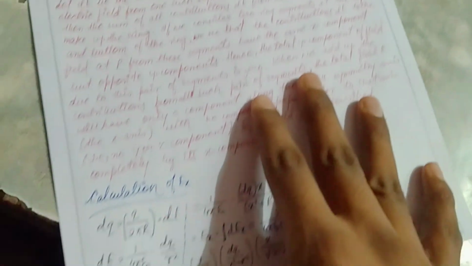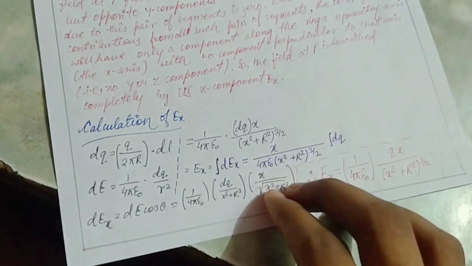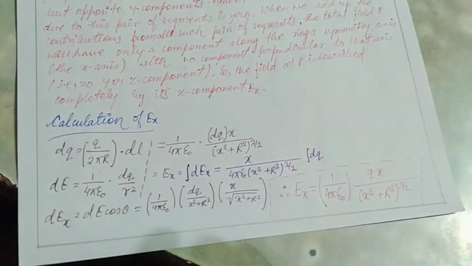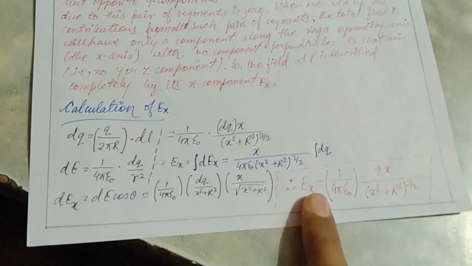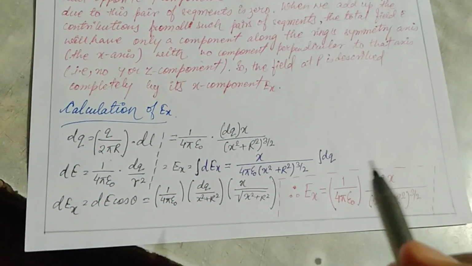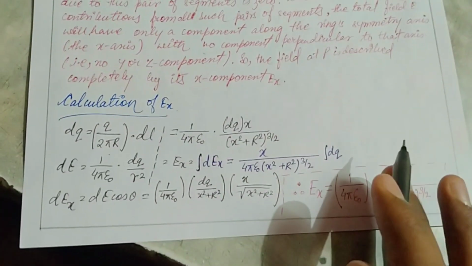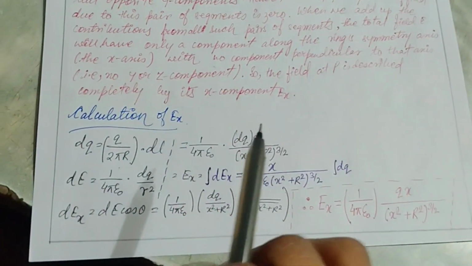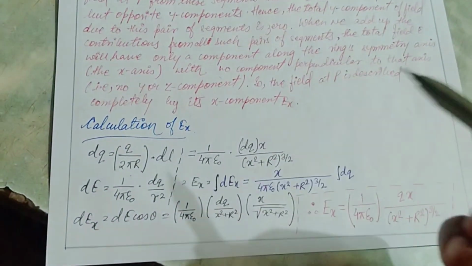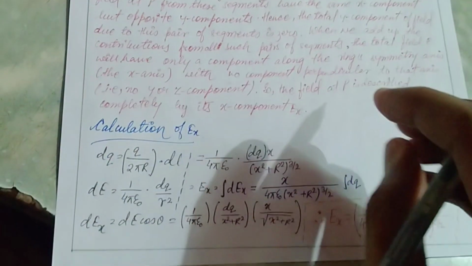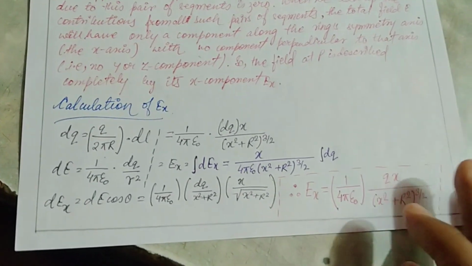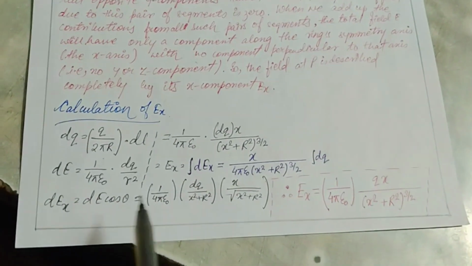Okay, now the calculation of Ex, you just see this calculation, and the most important thing is the formula, how it came out. You can see it, but most of the time you need to learn these formulas because there are so many formulas that they won't stay in your mind. So I'll be posting the formula chart of this branch of physics, electrostatics, after completing the lectures of part 3. After that I'll be putting it.